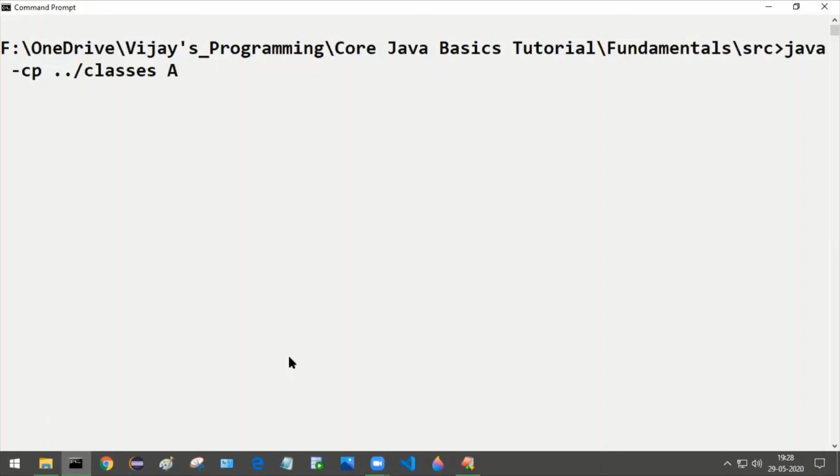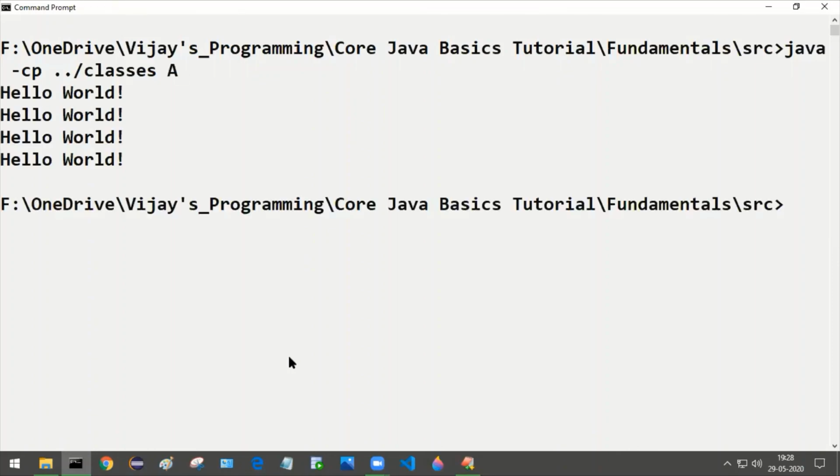So java -cp ../classes A. Press enter. We are getting Hello World exclamation marks 4 times.